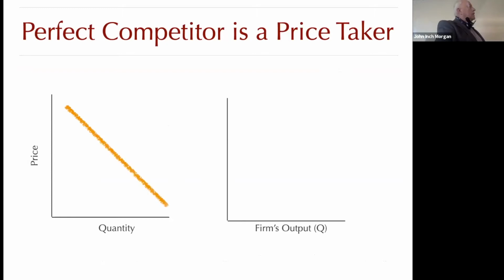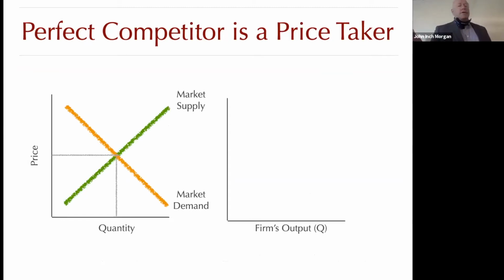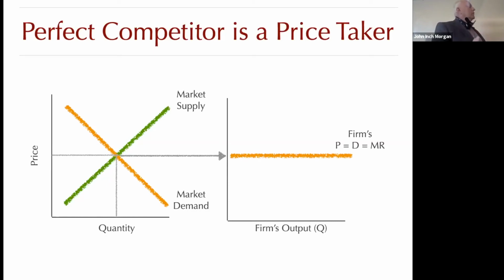So in this example right here, I want to show the individual firm itself, who's producing things, whether it be skateboards or agricultural products. We know that the market supply and demand is going to have that equilibrium put into it. That's going to set the price in the market. So the market itself is going to say, here's the price and here's the quantity that is going to be sold in the industry itself. For the perfectly competitive firm, their demand curve is going to be perfectly horizontal. And that demand curve is going to be equal to the market price, and it is also going to be